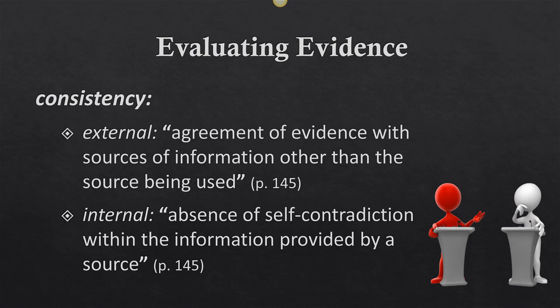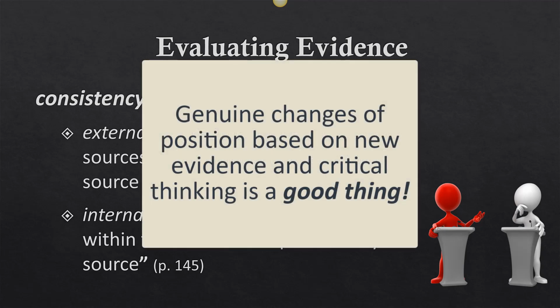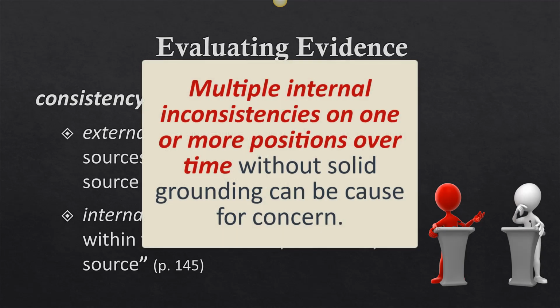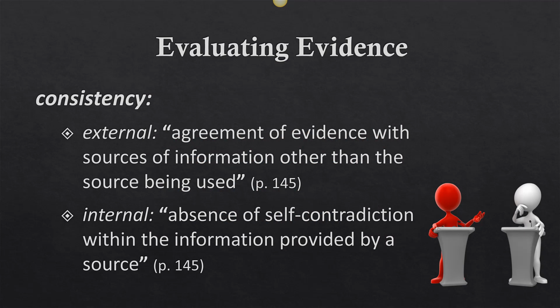Now, we don't want to suggest that people can't legitimately change their minds over time once they've been exposed to additional evidence, they've thought about it, and they've genuinely come to a different conclusion. That's called critical thinking, and we want that to happen. But we need to be skeptical about any evidence source that seems to be internally contradictory and inconsistent over a period of time on a number of different issues, especially if this internal inconsistency might be connected to a lack of objectivity as well. To illustrate a problematic source regarding internal consistency, let's take a look at some of the